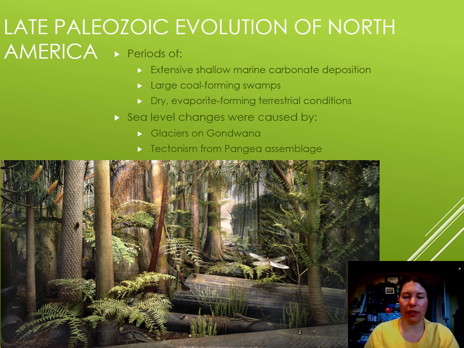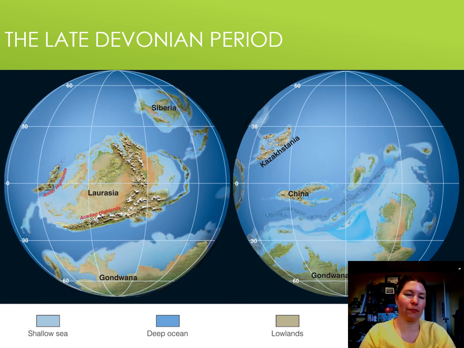The image I have here is a good one to imagine, at least through the last half of the late Paleozoic, where we get the first forests. We get the first plants that are capable of producing a really tough material that's going to allow them to grow very large, wood or lignin. So we're going to get the first major woody plants and the first forests on our planet. And those forests will be really interesting. They're going to do some really cool things.